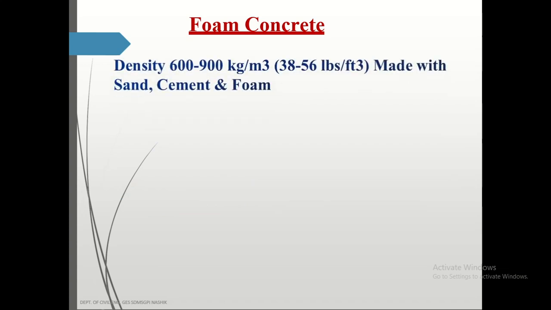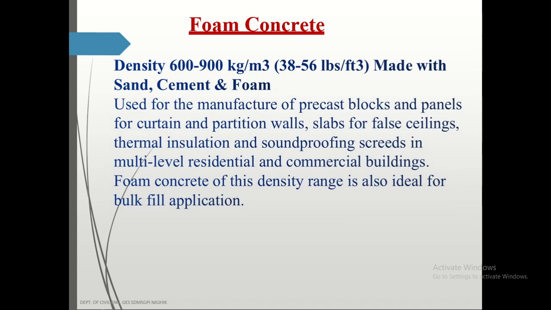Another is if foam concrete has density between 600 to 900 kg per meter cube, so it is like a medium density which is made with sand, cement and foam. The first one is only made with cement and foam, so it was very extreme low density and very low weight, and this one now contains sand, so having density 600 to 900, which is used for manufacture of precast blocks in our precast industry, and